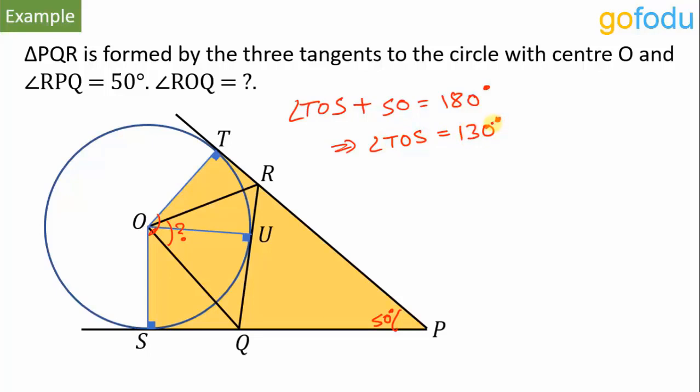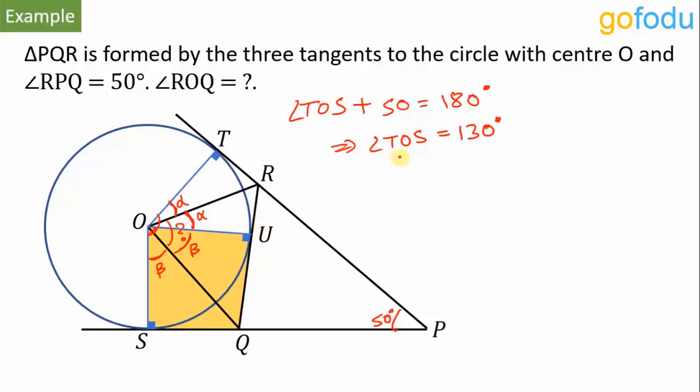Okay, this was our first kite. Then this smaller one is also a kite. Again, from an external point R, we have 2 tangents RT and RU. So RT is equal to RU, and OT and OU are radii, so they are also equal. And as this is a kite, these 2 angles will be equal. Let's say they are alpha and alpha. Then this figure is also a kite. This is the third kite, and these 2 angles will also be equal. They will be beta and beta. This is a kite, as from Q we have 2 equal tangents, QS and QU, and OS and OU are also equal. They are radii.